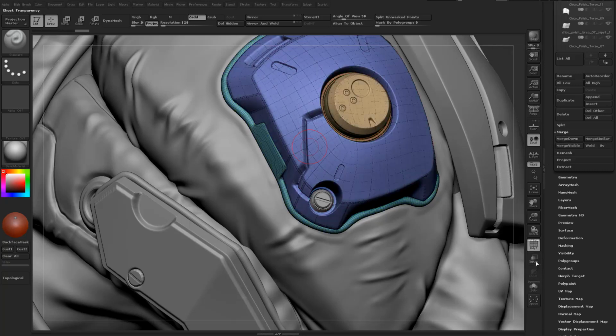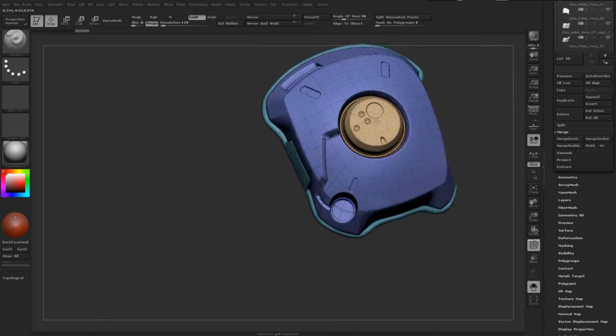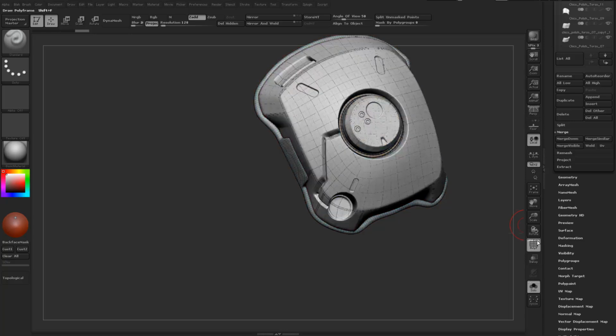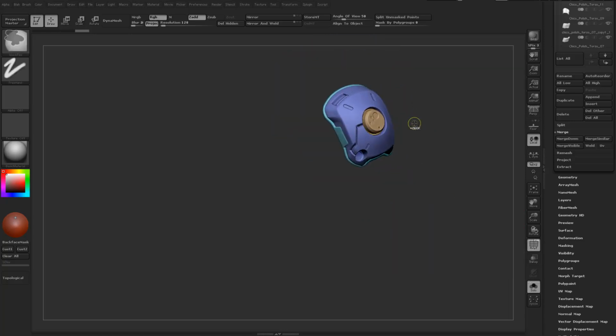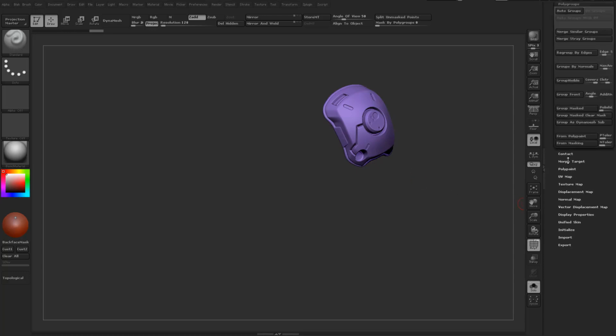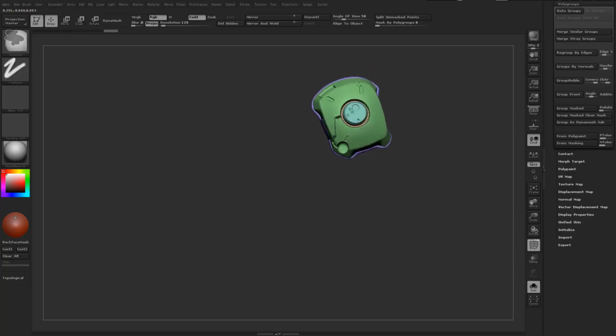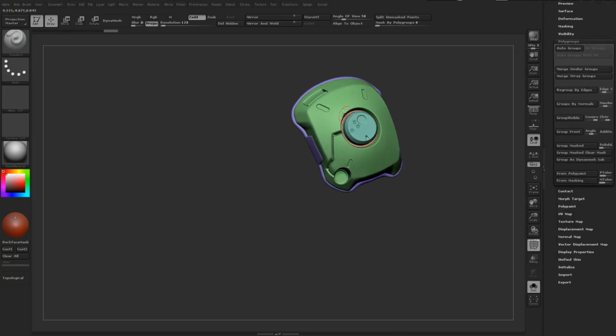So if I isolate this guy, you see it has a different polygroup and every polygroup has a different color. So that color will be our ID map. If I press Ctrl W, it's going to have a single color map. If you want to have a different one, just go to your polygroup and go to Auto Groups. Auto Groups usually takes a long time to work, but if you merge different subtools, they're obviously going to give you different